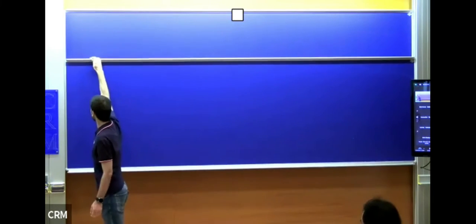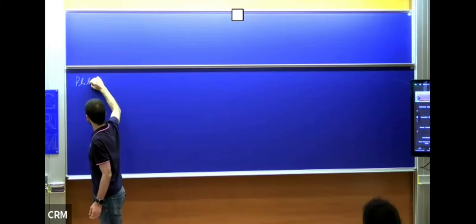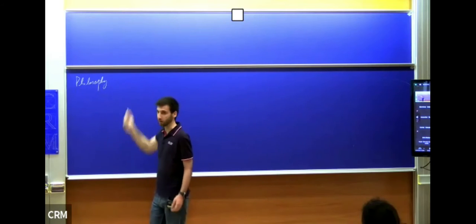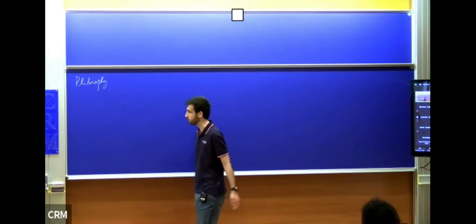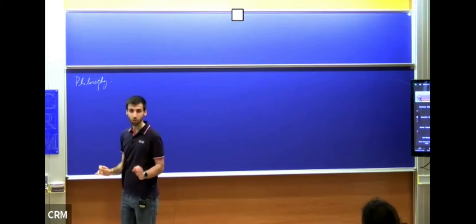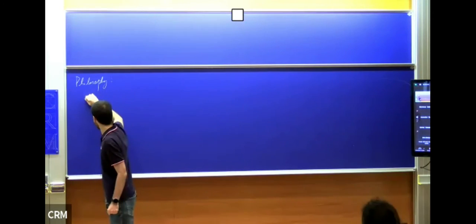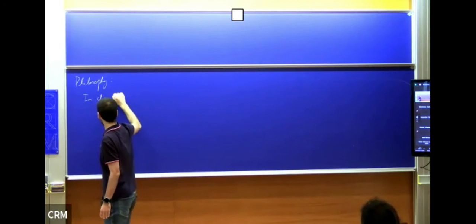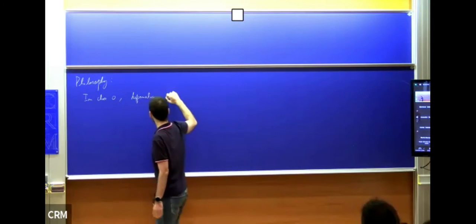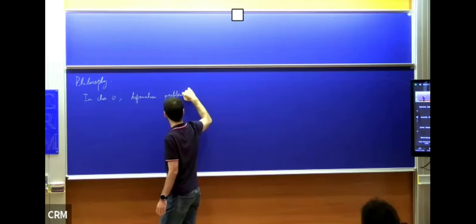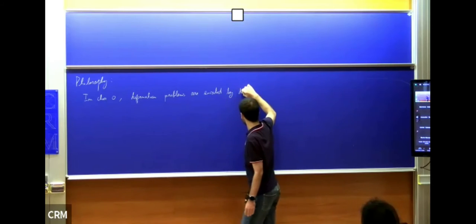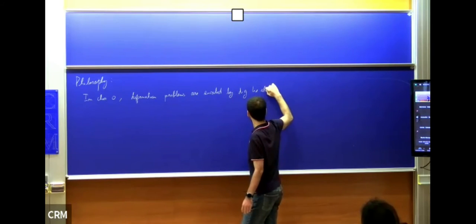So there is this deformation theory philosophy dating back to, I can name drop a lot, Deligne, Drinfeld, Kontsevich, Manetti, Manin, Hinich, Schlessinger, lots of people. I'll make sure that these names appear in the lecture notes, but the slogan is: in characteristic 0, deformation problems are encoded by differential graded Lie algebras,